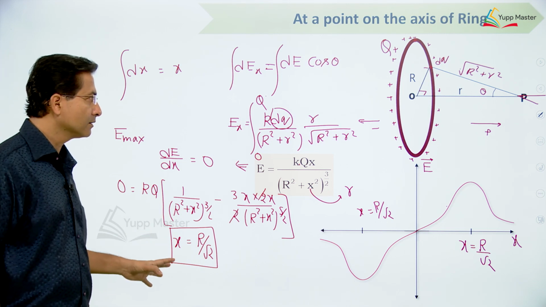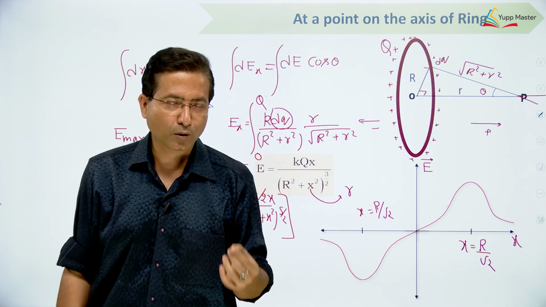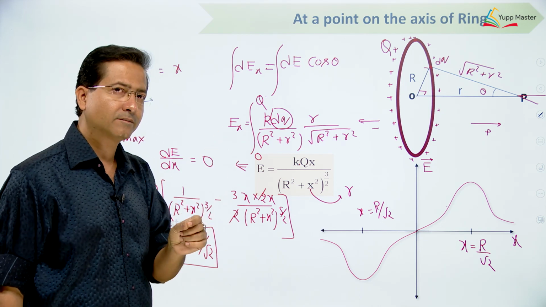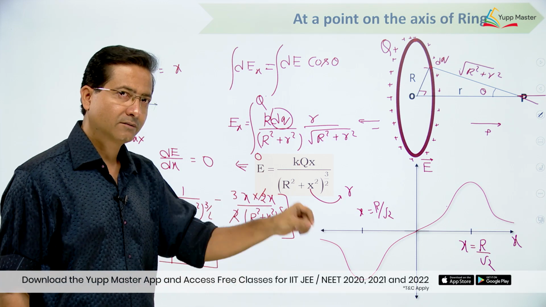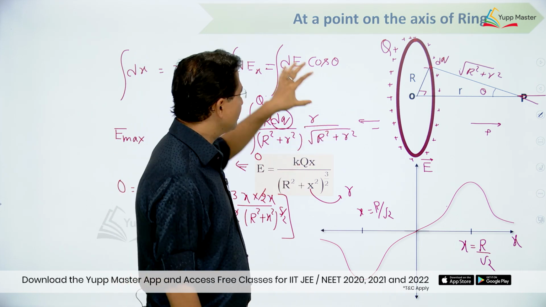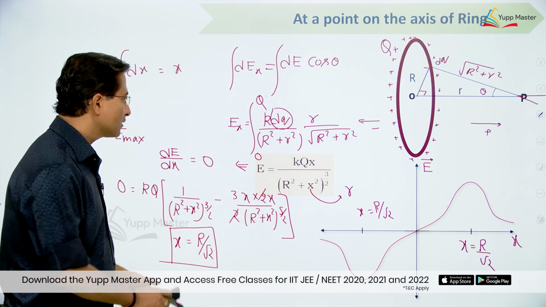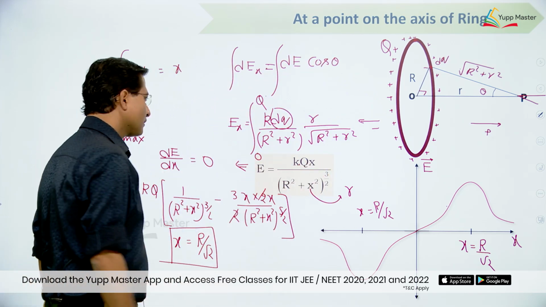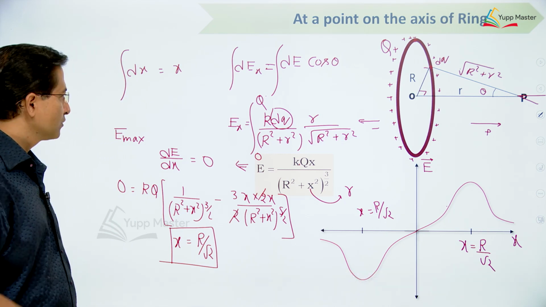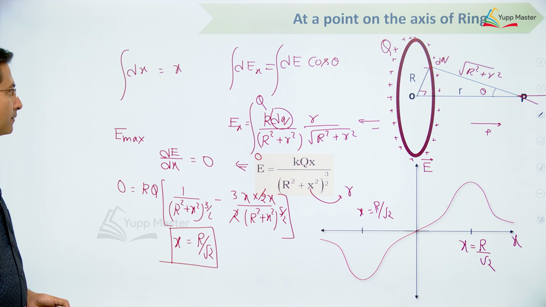So what we have done, we took the small element, got the field at a point on the axis of the ring, and due to all small elements we added their contribution, right. We resolved the component to add the contribution because the quantity we are talking about is a vector quantity, right. So after simplifying we got this expression, right. So important result, directly you can use. So keep this in mind. Now, let us move to next one.